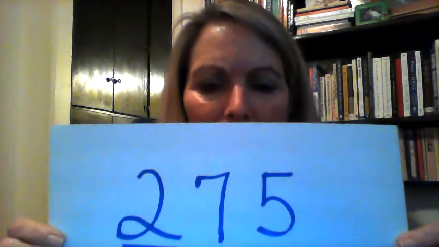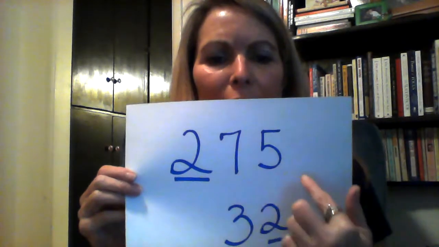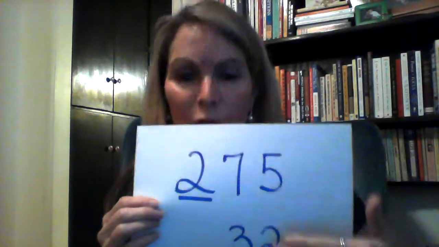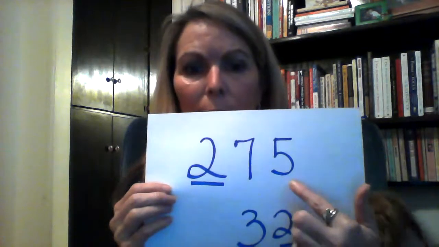Now, I know that you all know what this represents. Okay, so we've actually got some digits. We've got 275 and 32. Now, what I want you to know, and what I want the kids to make sure that they realize, is that the digits represent a certain quantity. Now, this place is your ones. Okay, so this represents 5 ones.